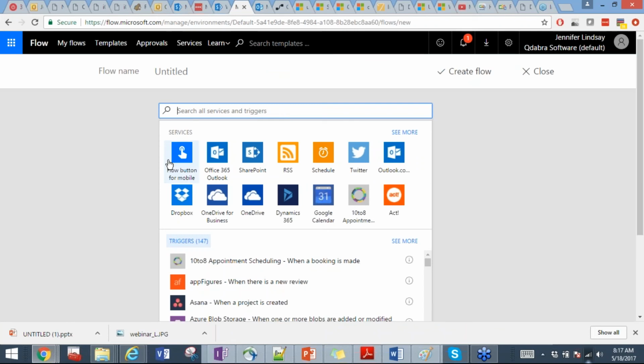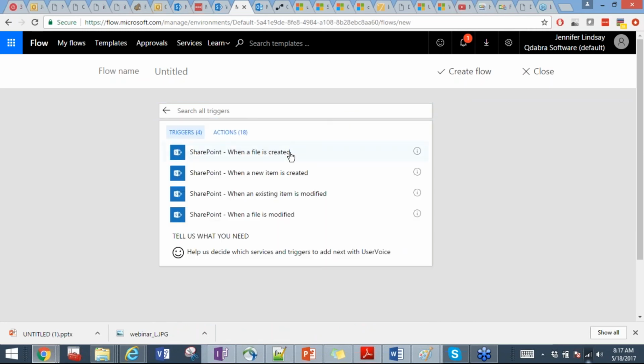And here at the top, I get to filter by which services I want to use. Since I'm dealing with SharePoint, I am going to select SharePoint to filter. And now here are the various triggers that I can use for SharePoint. So I'm going to select when a new item is created because I only want to email the task owner when a new task is added to my list. Another good one to use is when an existing item is modified. And I should mention that these two, when they talk about items, Flow is geared towards lists, but it works for libraries. So don't let that faze you.